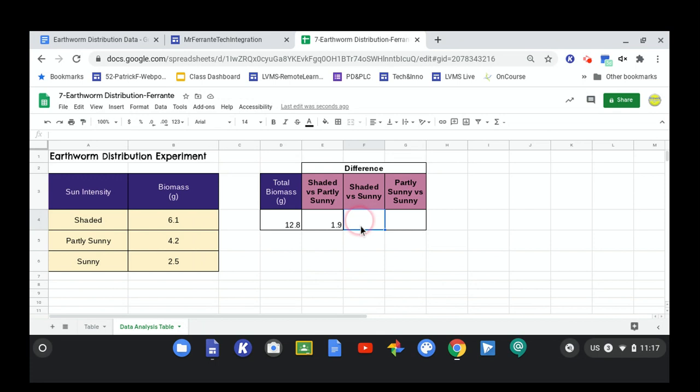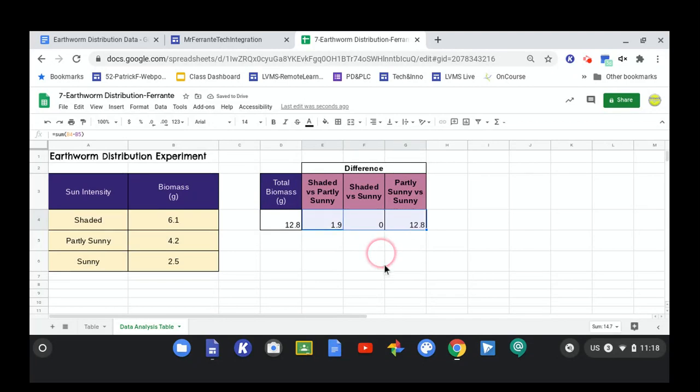And now I would have that formula finds the difference. Now, you could repeat that same formula, equals sum, open parenthesis, and you can do the same for the shaded versus the sunny. Minus B4 minus B6, close the parenthesis, and you'll have your answer. Now I'm going to undo that because I want to show you another way that you can do this. You could click in this cell where you did the same formula, and you can copy that formula by clicking that little dot again. Right? Again, you can see the cursor changes to a bullseye, and you can click and drag it across the other two cells